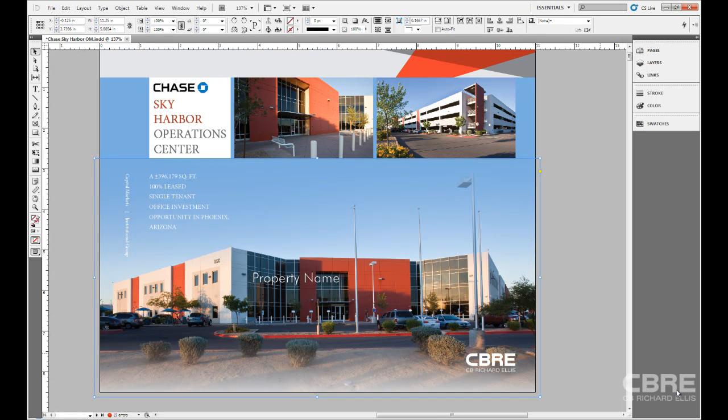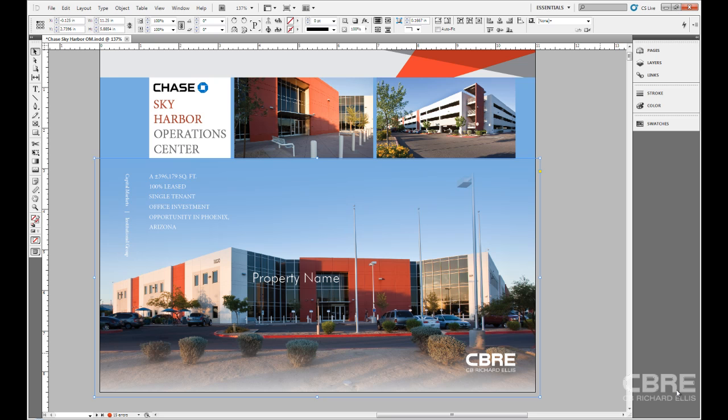Understanding your preferences is a good way to remain efficient and to keep out of trouble. The key thing to know about your preferences is that there are essentially two types: document preferences and application preferences. Now, in an earlier movie, I showed you one of the ways that you can